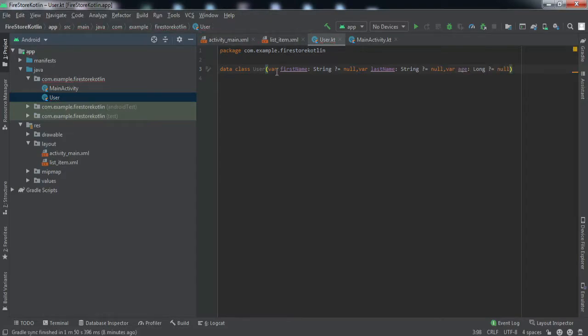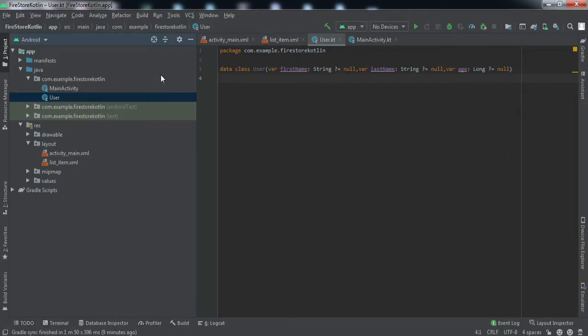So guys, as you know that my Firestore contains 3 fields, right? The first name, last name, and the age. So I have declared 3 variables. So you can modify it according to your application. So if it requires more fields, you can just define more variables here. But one thing that is worth noting here is make sure the spelling of this matches with the field name. For example, here I have declared firstName. It should match with the field name of the Firestore, right? First name, last name, and age, and also the type of the variable should also match. For example, first name and last name is defined as a string, and this age is defined as a number in the Firestore, so that's why I've defined it as a long here, right?